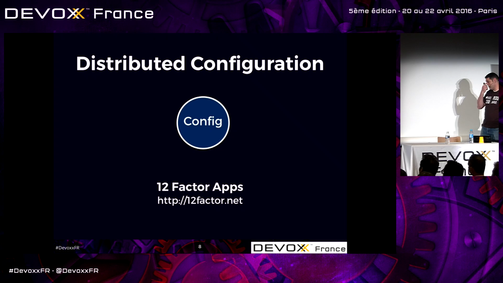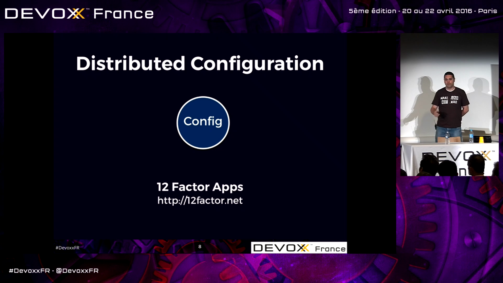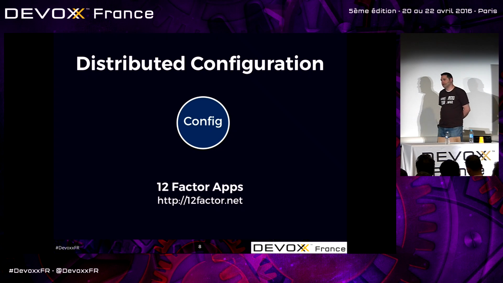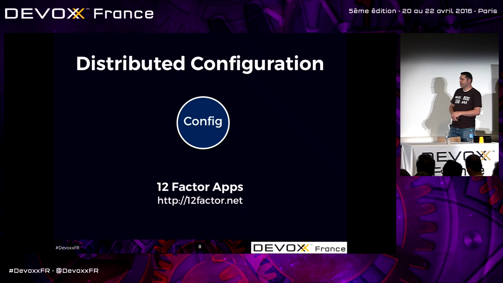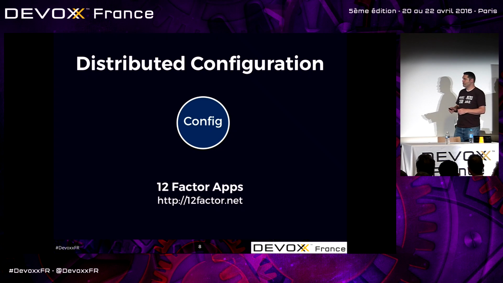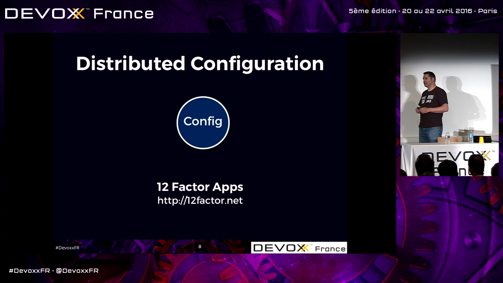So another important part of these distributed systems is configuration. Who here has heard of 12-factor applications? A few of you, good. One of the tenets of a 12-factor application is that your configurations should live outside of your application. In fact, they recommend environment variables, which Spring Boot will happily use. But one thing that we've found is that you still have to manage where those environment variables come from, right? And it can be tricky to get that right.